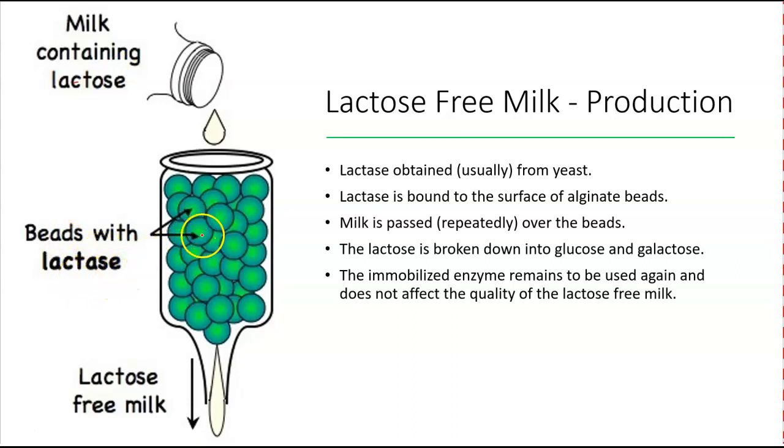We're going to take these enzymes and immobilize them. It means we're going to attach them to the gel and attach them to each other. We're going to put them into bead form. We're going to put the beads into a funnel, and then we're going to continuously run the lactose-containing milk, basically the raw milk, normal milk, into the funnel, and the milk that comes out should be lactose-free because the enzymes